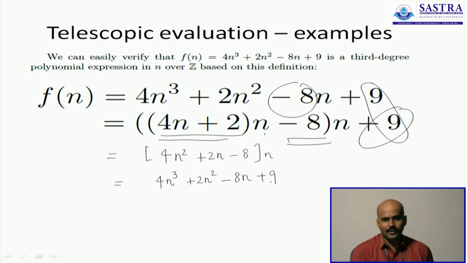into simpler terms. This is what you call a telescopic evaluation. So you don't have to find higher powers of n this time around. You can directly substitute, get the answer, do simpler multiplications, manipulate your calculation by subtracting or adding, and then get the answer.